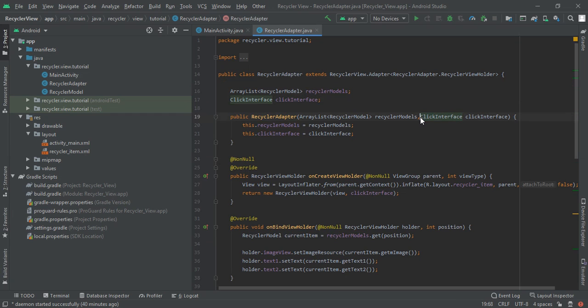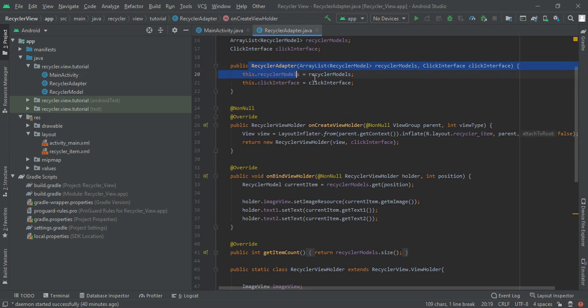So here you can see that the constructor contains click interface, and then add this.clickInterface = clickInterface. After you do that, you will have successfully added the click interface into your constructor.